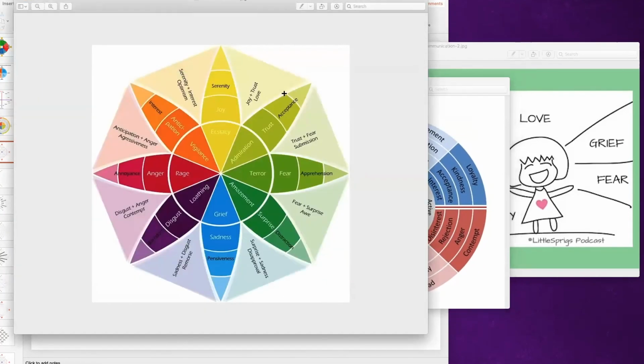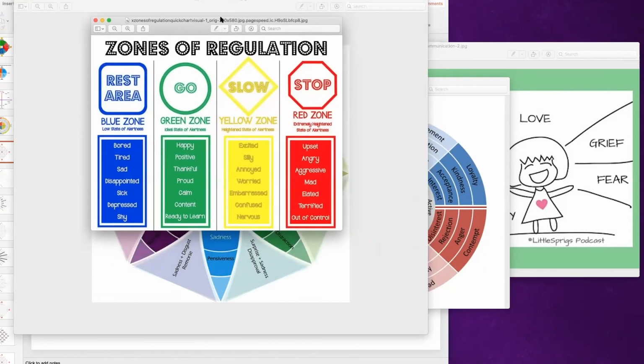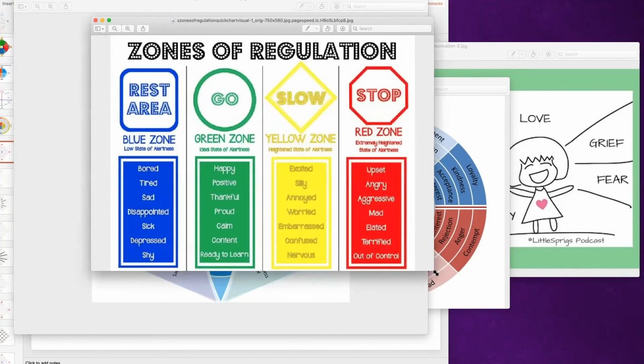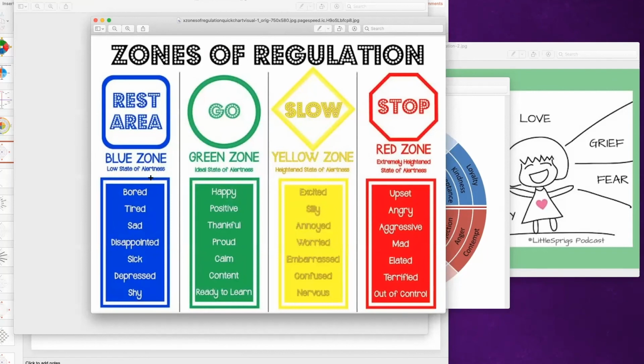I find all of these things to be examples of someone's own brilliance. And so I don't want to do anything other than look at it, see if I can figure it out just at the surface. And if it starts to feel right, then I think it's worth a deeper dive. But one last one I'll throw in here: zones of regulation. Whoa. So we have a low state of alertness, an ideal state of alertness, a heightened state of alertness, and an extremely heightened state of alertness.